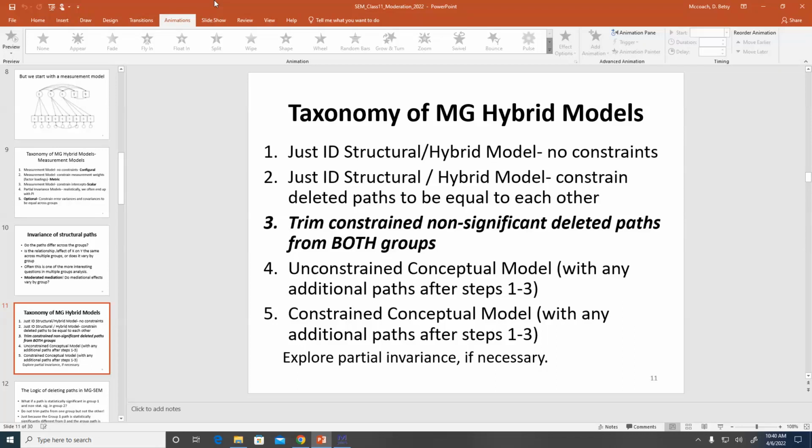If it's not different across the groups and it's not different from 0, now I really can get rid of it, right? Because I can constrain it to be equal across the 2 groups. And once I do that, it's basically 0 across the 2 groups. It's giving me nothing. Out it goes. But if I can't constrain it to be equal across the 2 groups, or if once I do that, it is statistically significant, so I can't get rid of it, then in either of those cases, it's going to stay. In the first case, it stays and it's not constrained to be equal across the 2 groups. In the second case, it is constrained to be equal across the two groups, because we could do that, but it still remains in the model because it's just not 0 across the two groups.